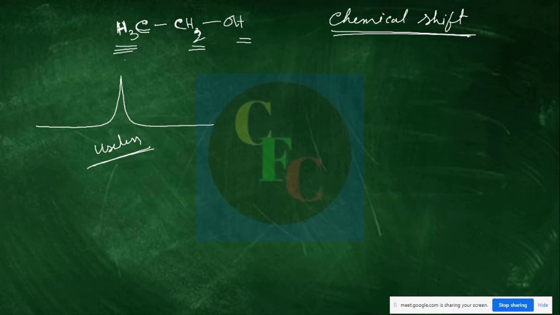So this does not happen. Actually, NMR is dependent on the chemical environment around the nucleus. Each set of protons does not have the same chemical environment; these have one chemical environment, and these have another. By chemical environment, what do we mean? I mean the electronic environment around it.